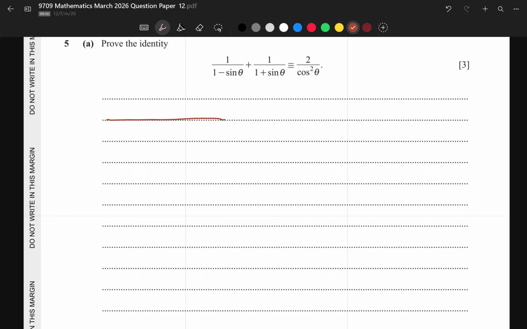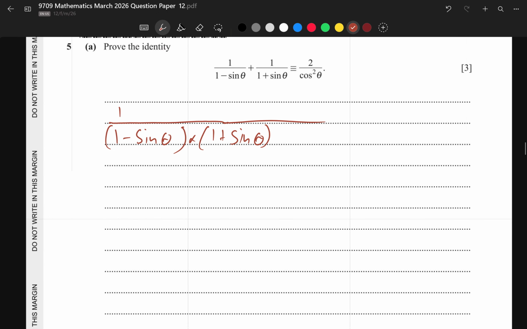The denominator will become 1 minus sine theta into 1 plus sine theta, and the numerator will become 1 multiplied by 1 plus sine theta, so it will remain 1 plus sine theta, and similarly 1 multiplied by 1 minus sine theta, it will remain 1 minus sine theta. If we simplify it, we'll get 2 upon